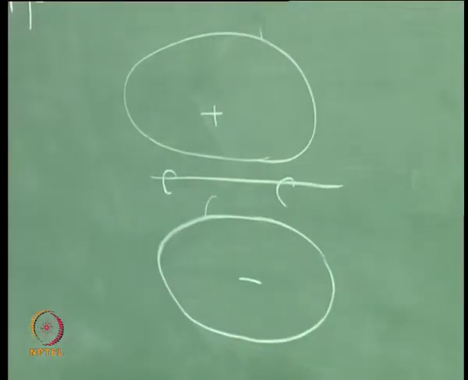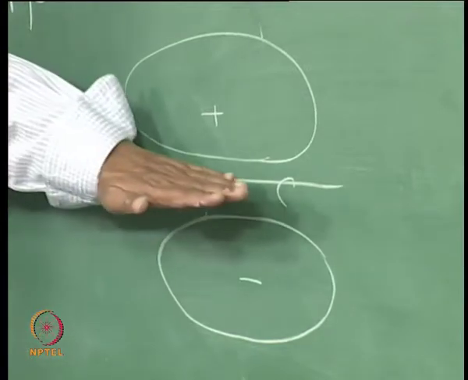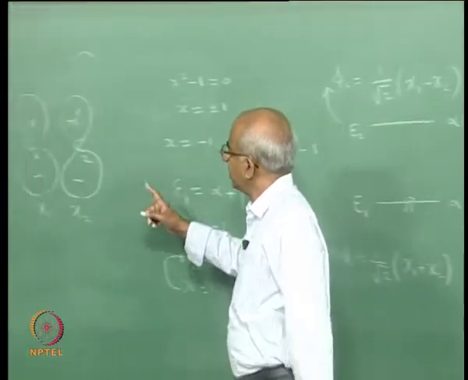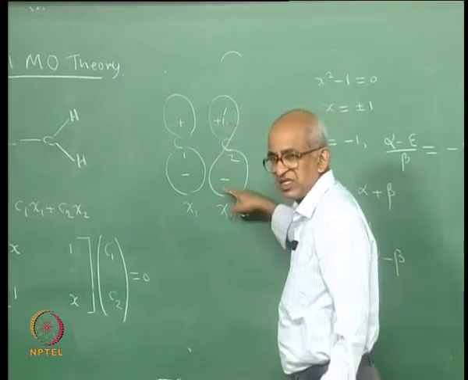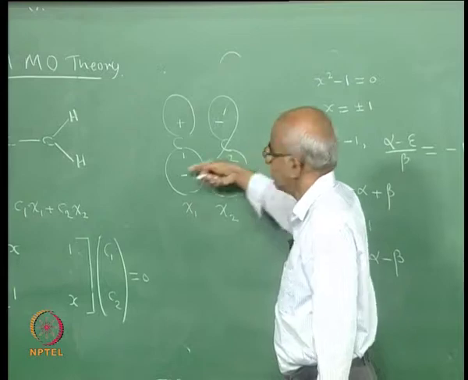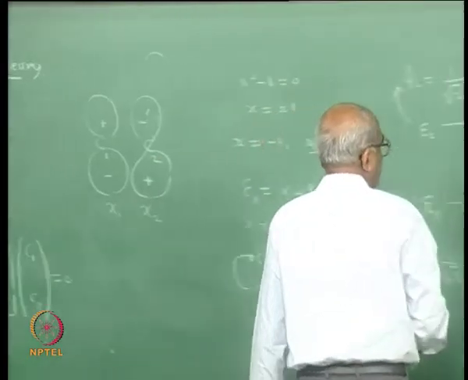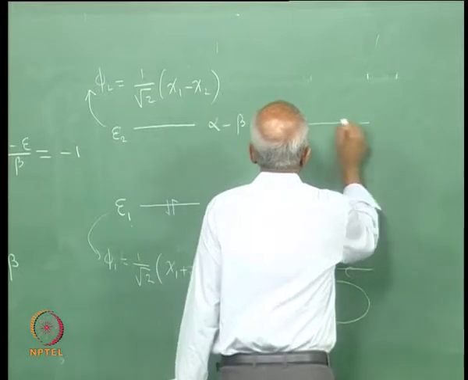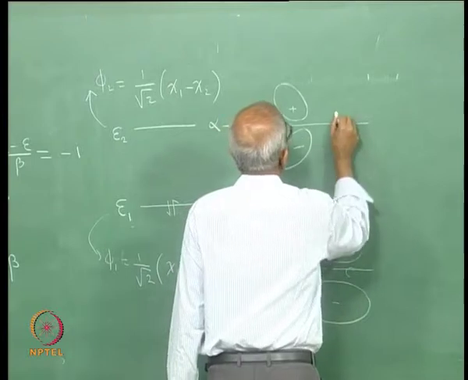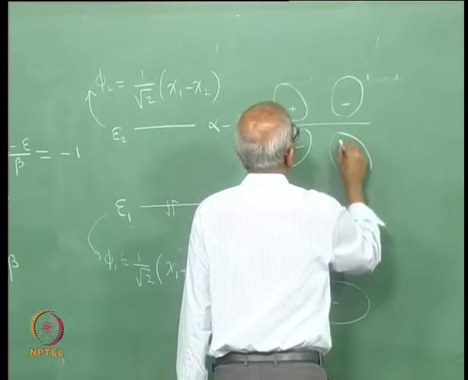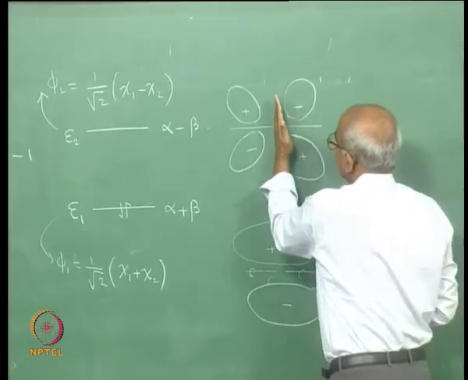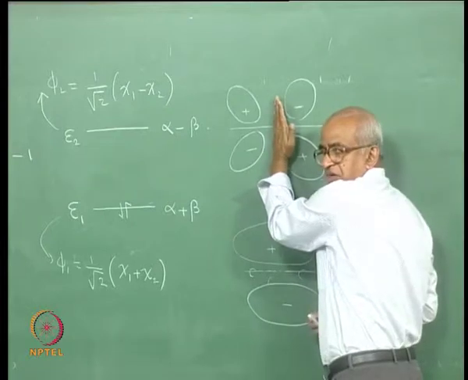Correct? The two lobes are equivalent, and you should also remember that this orbital has a nodal plane. This is a nodal plane. Then to get the other orbital, you have to multiply the second one with a minus 1. So, this lobe will become negative and that will become plus, and then you just add. You will get the second orbital, and obviously the second orbital would look like this. And in addition to the node that the p orbitals have, this particular orbital has a nodal plane which is perpendicular to the plane of the molecule, something like that.